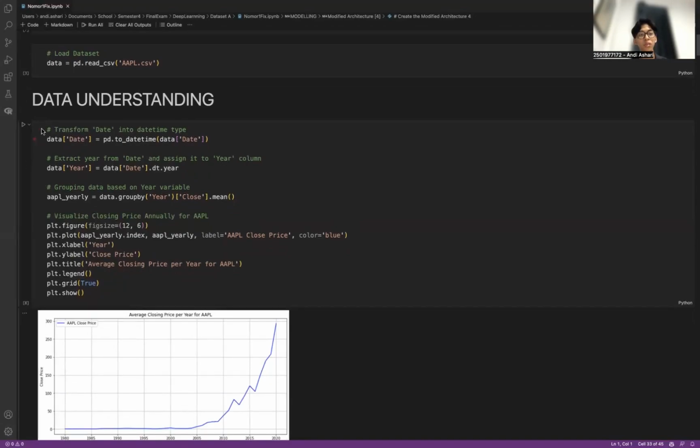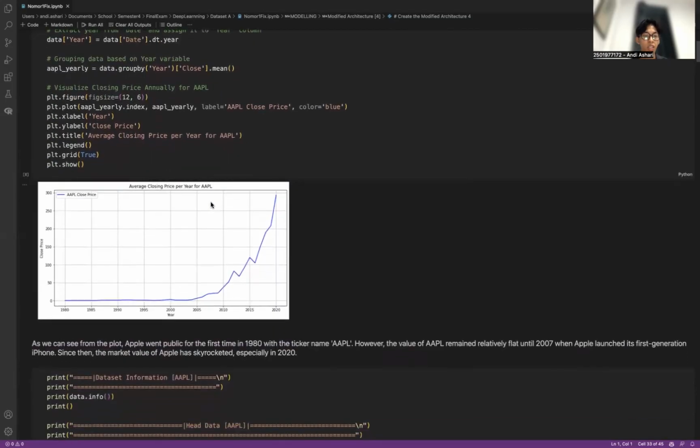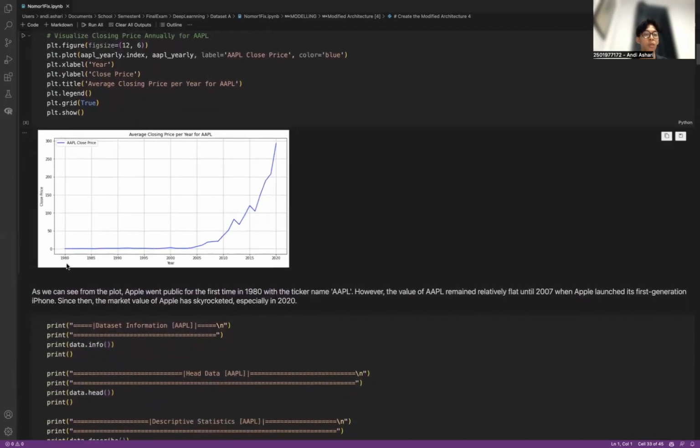The first thing I do here is transform the date into datetime type and then group the data by year. This is to visualize the closing price annually for Apple company. As we can see from the plot, Apple went public in 1980 with the ticker name of AAPL, which is Apple. However, the value of Apple remained relatively flat until around 2007 when Apple launched its